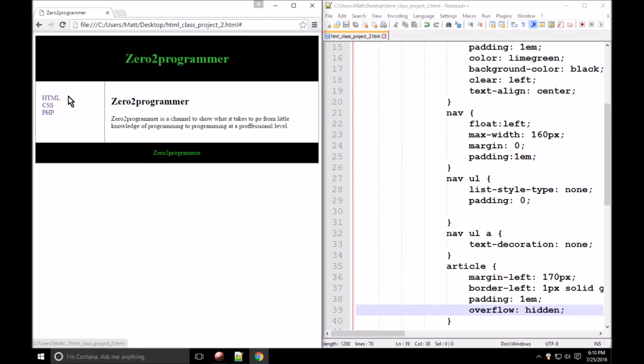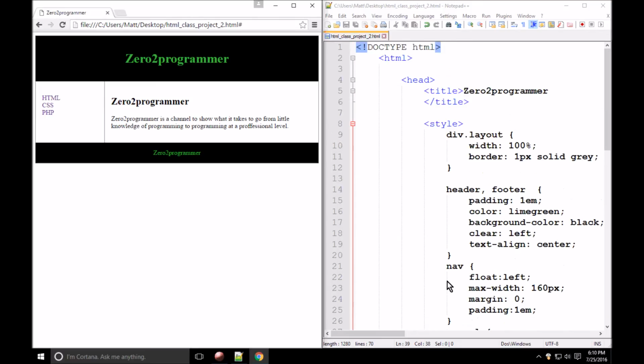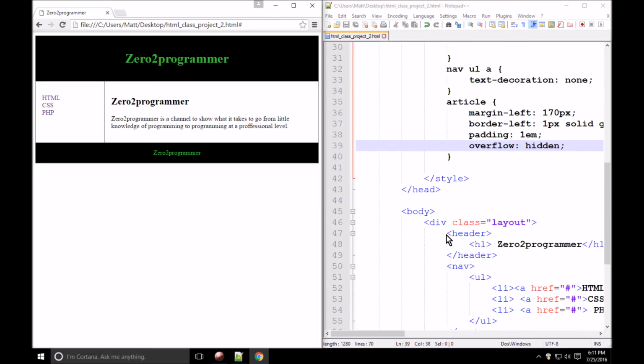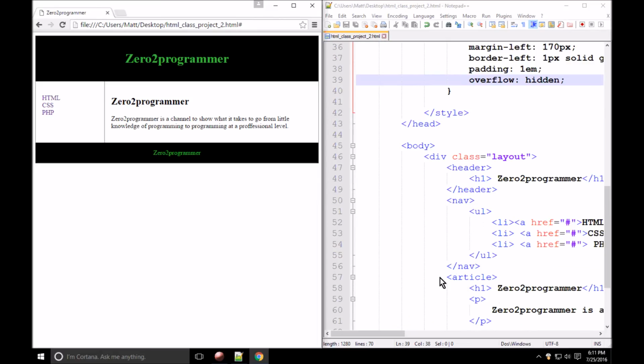Okay, so we've removed the underlining, we've made the padding. And as you see, this is kind of cleared up a little bit now. If I were to write more in here for one thing, it would really stretch this footer out, and so our page would look pretty cool actually. So let me just go in here to the body, if I can get here,